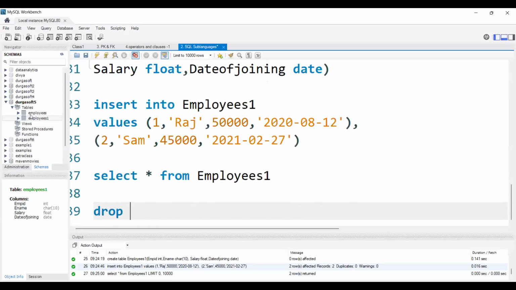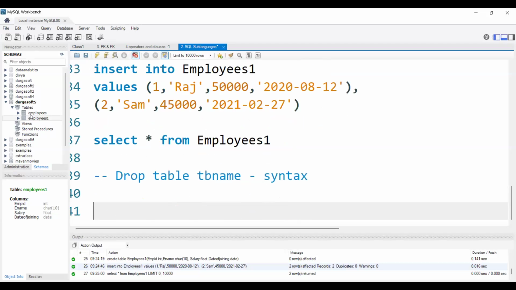The syntax will be drop table, table name. So that is drop table employees one. I'm using this table. So drop table table name. That's it. The syntax is simple here.